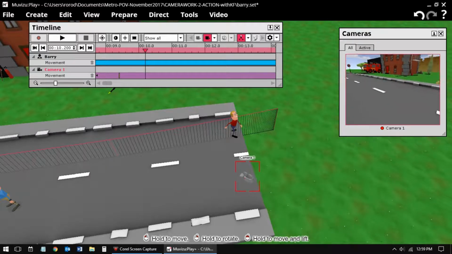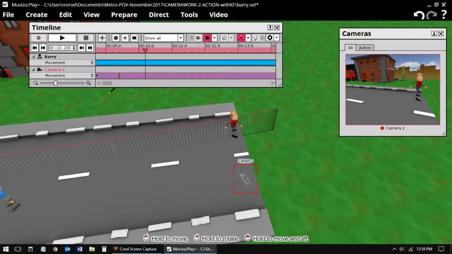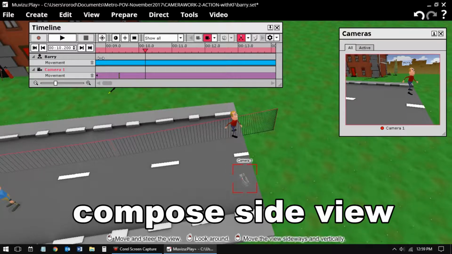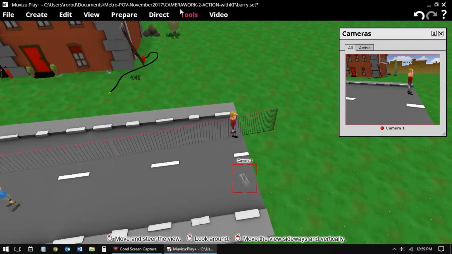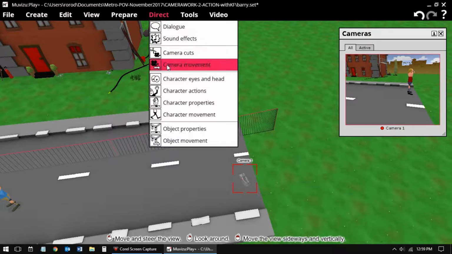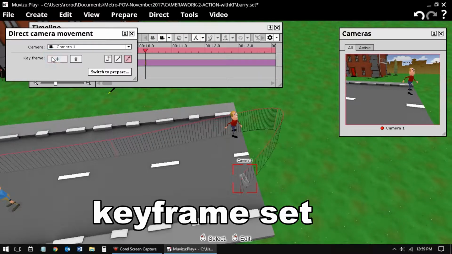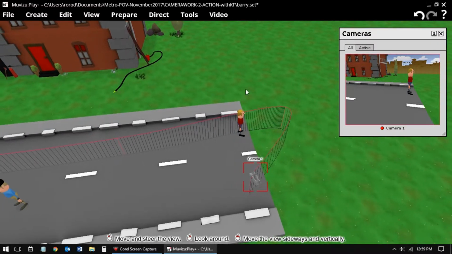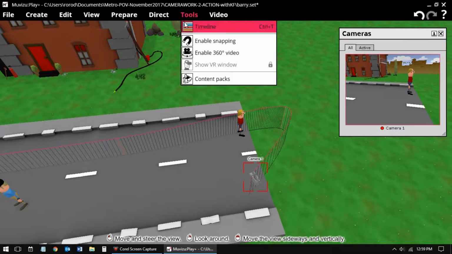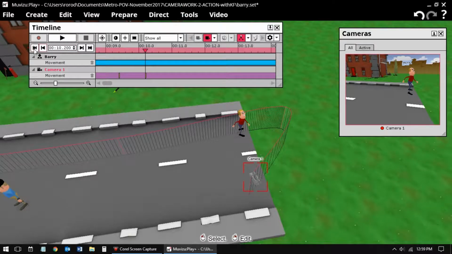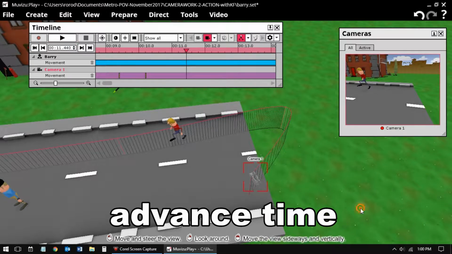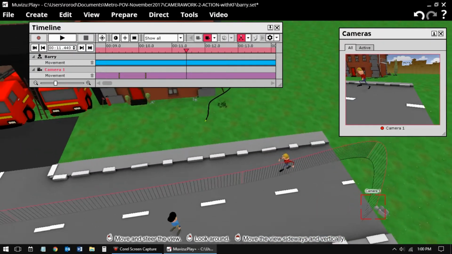First we compose our image. Then we do the keyframe. The keyframe is set. Then we advance time. We're not going too far. We want to catch it right at the beginning so we have a good run down this straight